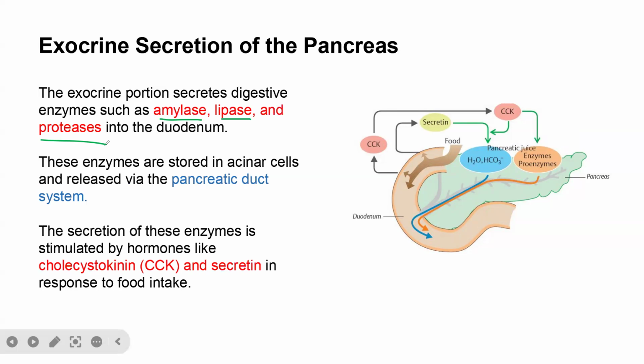And then these enzymes are stored in the acinar cells, if you could remember. They are a group of cells found within the pancreas and are responsible for releasing enzymes. So these enzymes are stored in acinar cells and released via the pancreatic duct system. The secretion of these enzymes, that is amylase, lipase, and proteases, is stimulated by hormones like